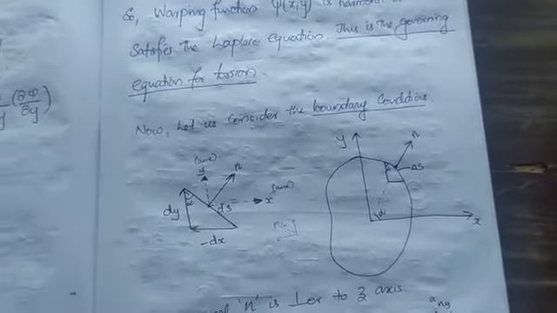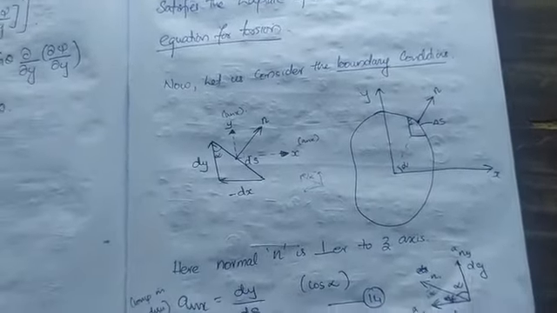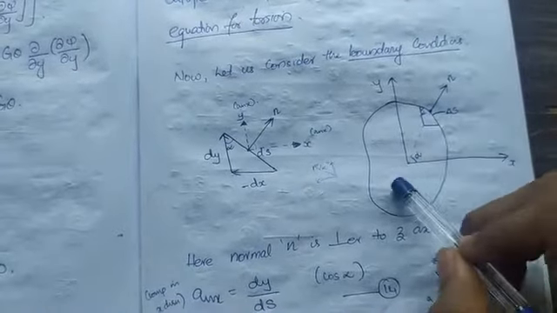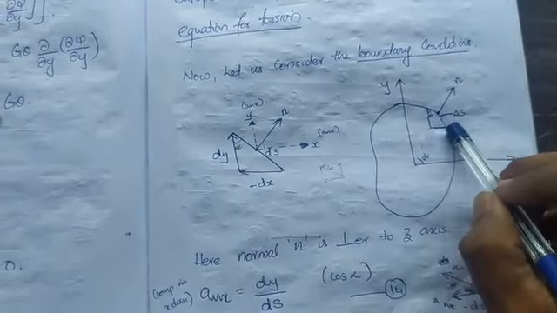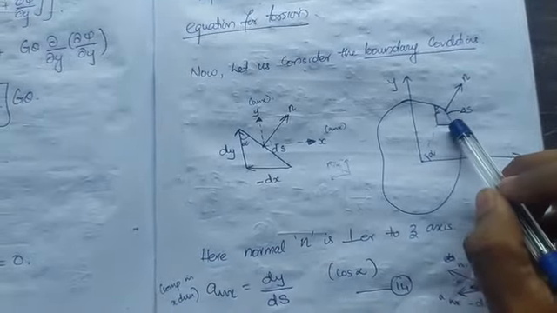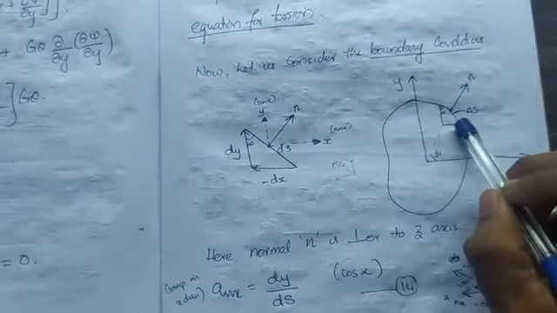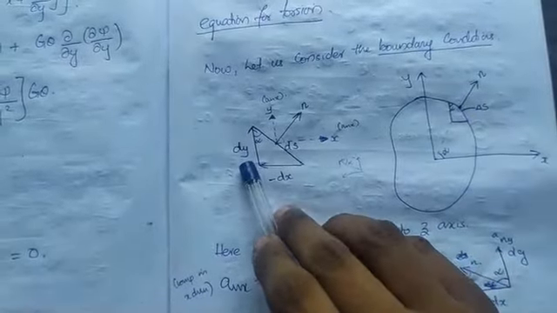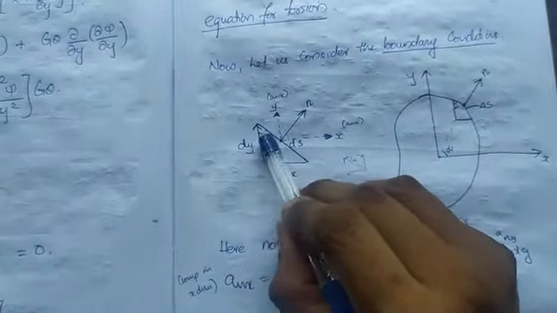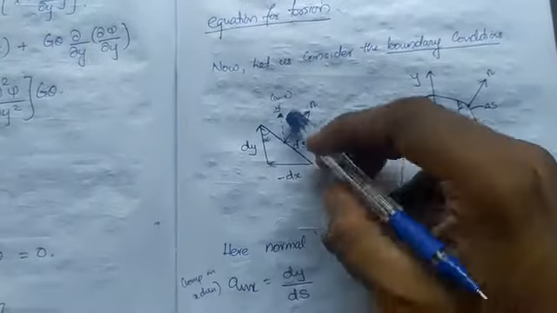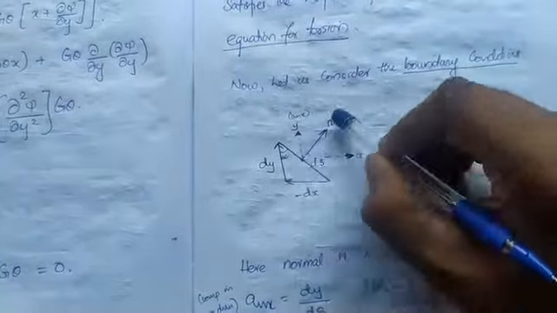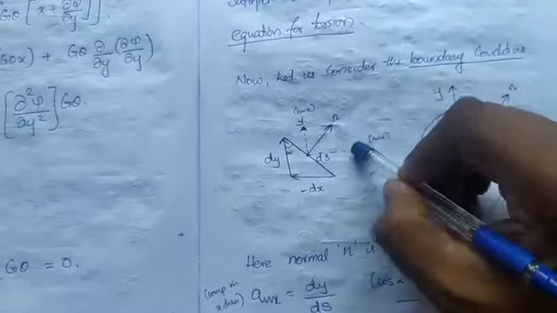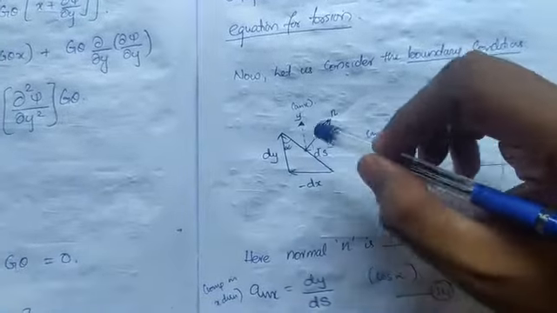Now the next important thing is, we'll consider the boundary conditions. If this is the object, we'll consider a small section with length delta s. Say the distance in x is dx and this is dy. Since this is going in the negative direction, this is minus dx and this is dy. You already know that this angle is alpha, and this is x and y. If a surface force or surface traction unit vector is acting in the n direction, n cos x, n cos y, that means those will be the direction cosines.